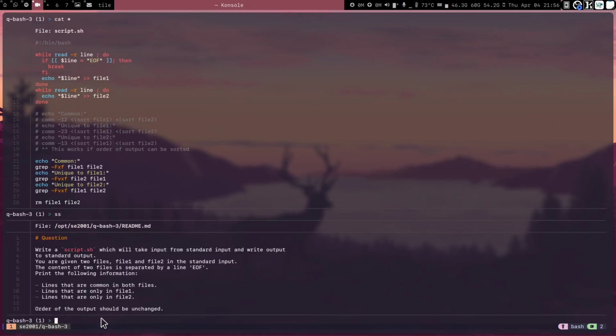So if you remember, the question asks us to keep the order of the output unchanged. So then we have to use grep instead of comm. So here we can use grep -fxf and give the two files. This works because we are asking grep to treat the pattern file also as a fixed string and not